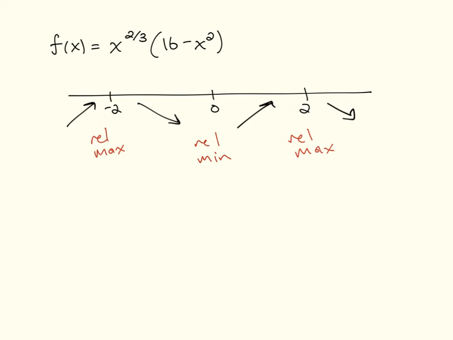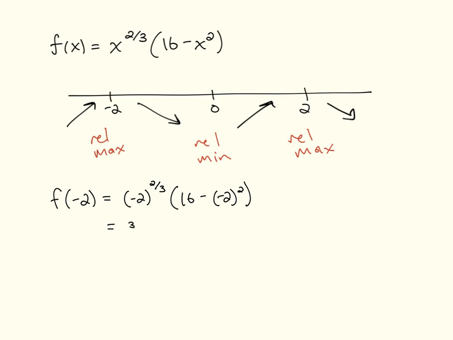Now, in order to find the ordered pair of where the relative max and relative min take place, you need to substitute the x value back into the original function. So we'll find f of -2, which is -2 to the 2/3 power times 16 minus -2 squared. What that leaves you with is